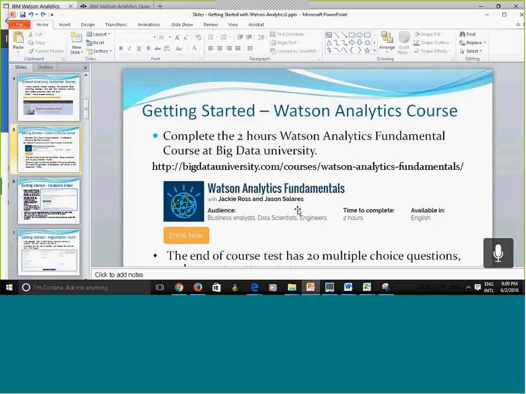Okay. Well, that's the key. We want you to have that Big Data University course because it's excellent. It will walk you through each of the 4 pieces of the process that Watson uses. It won't make you knowledgeable of everything because there's a lot there and they're always improving it. But you're going to have 4 assignments with Watson, so you need to get through the Big Data University course.